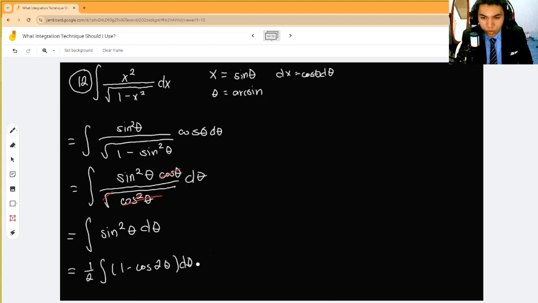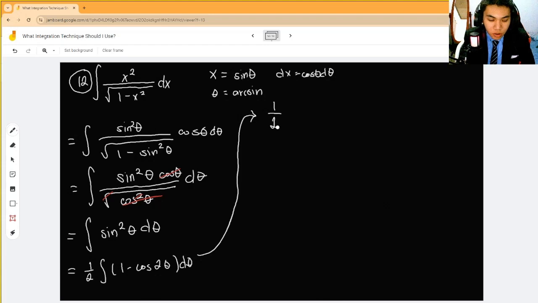Again, this will just be equal to 1/2 of, so we have theta, 1/2 of theta, since integrating 1 in the theta world gives us theta, minus the integral of this is